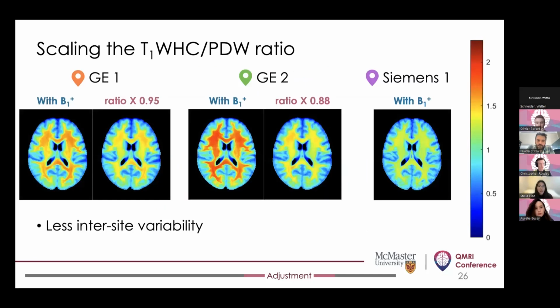And when we looked at the site average R1 maps, we saw the same results. Globally scaling the ratio values makes the site average R1 maps a lot closer to one another, but we do still see some site differences in these maps. But because the scaling factors we used were quite rough estimates at the moment, we do believe that these results seem to support the notion that there may have been some vendor-specific and site-specific scaling of the images going on in the background.